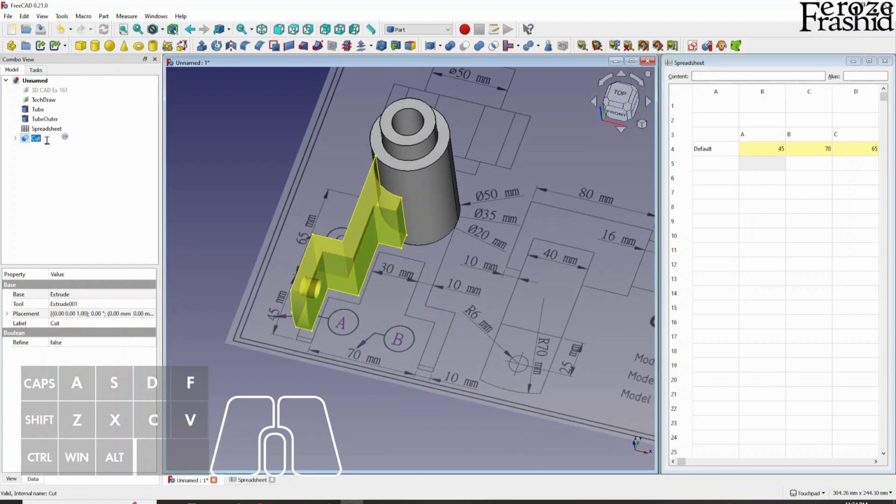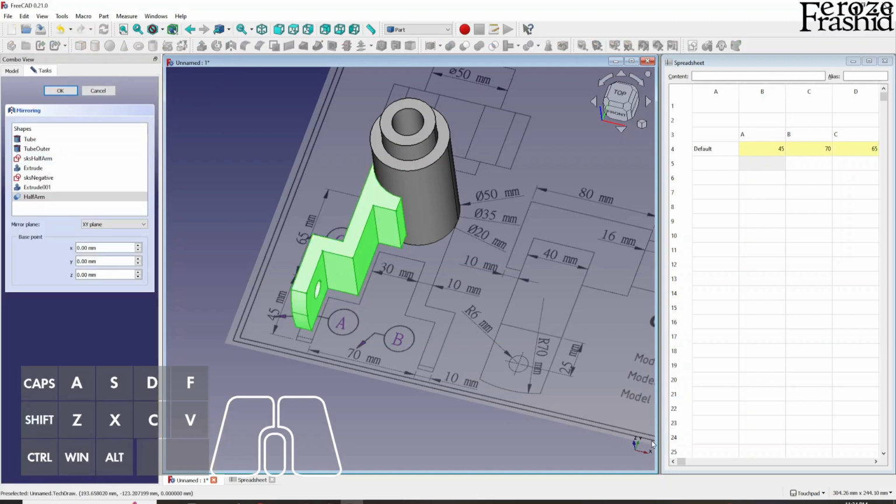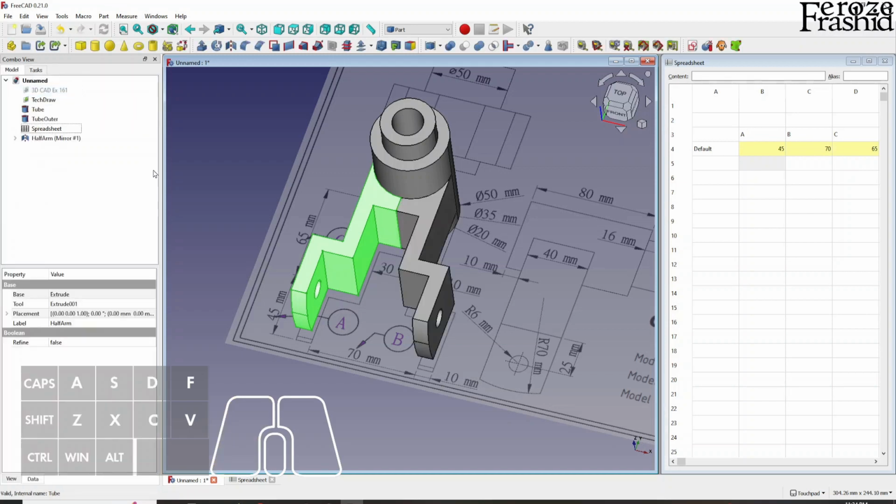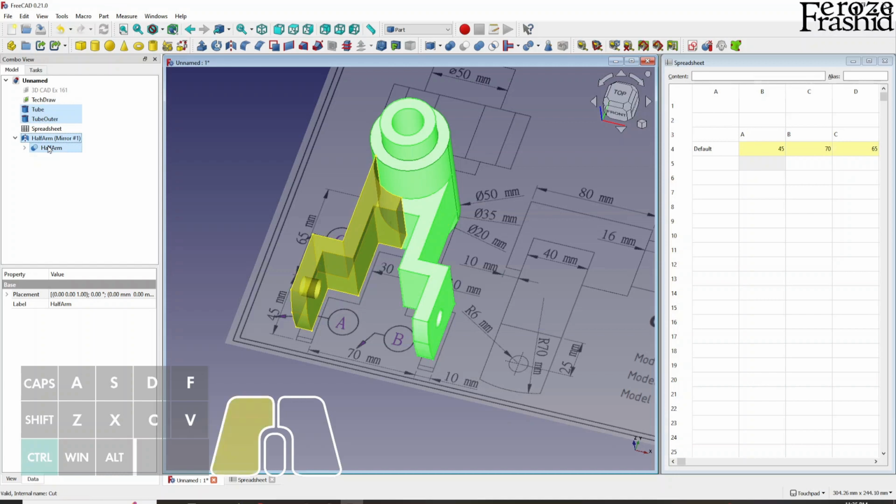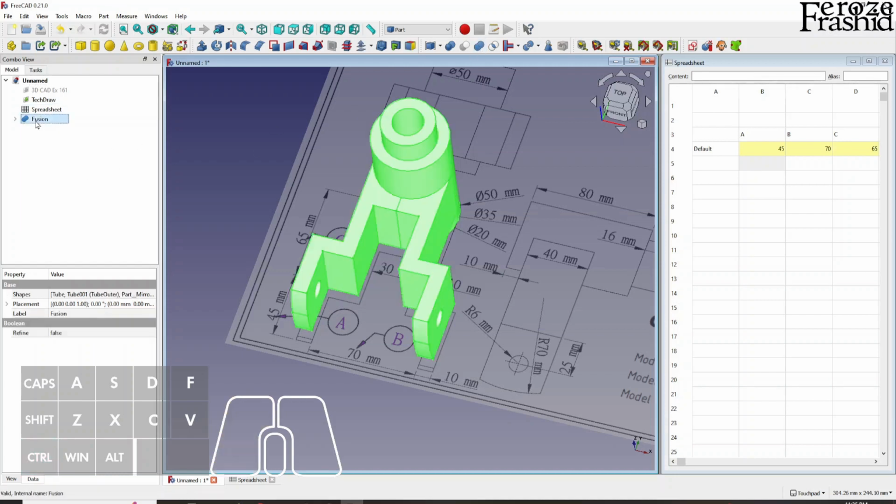Alright, so this is our half arm. I want to make a mirror with YZ plane, and there we got the full arm. So this was the original, this is the mirror, and these two also part. So what I want to do is I want to make all of those one part and say final,